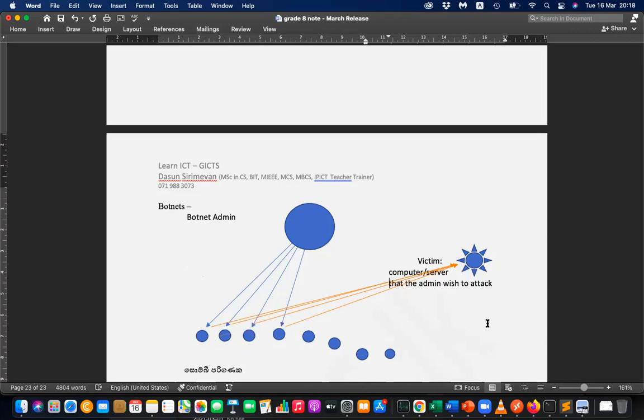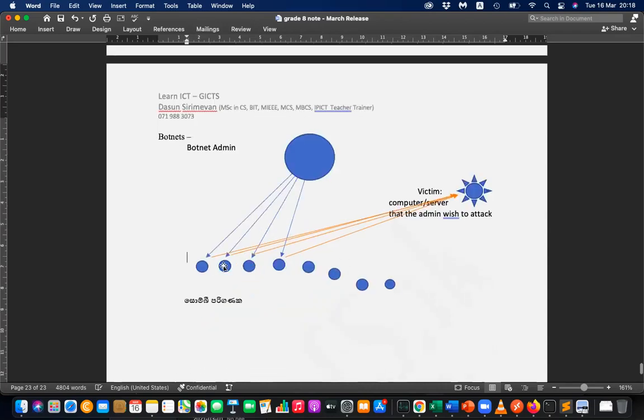He's using your computers and planting small software, so your computers are called zombies. The admin uses zombies to attack this server. These attacks are called distributed denial of service attacks.